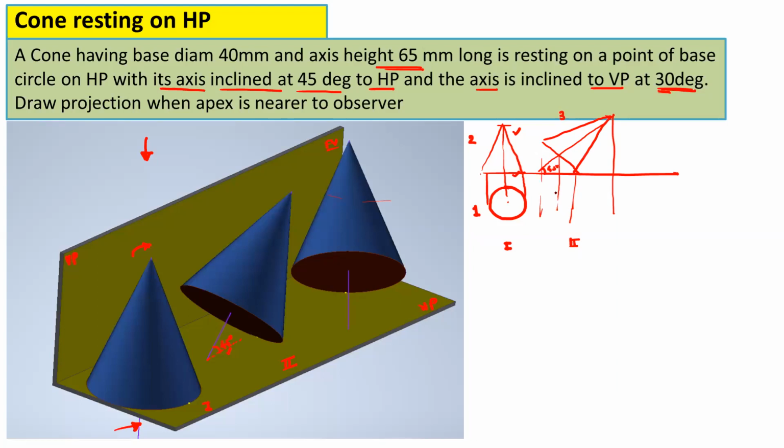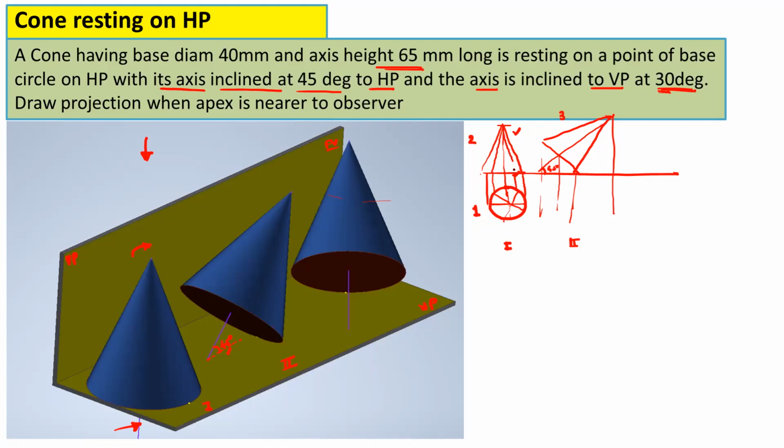So now in the second stage top view, we will not observe the circle, but instead of circle, we will observe one ellipse. So to find out the exact shape for that ellipse, we have to divide this circle into 8 or 12 equal parts. So you can divide this into 8 equal parts, so that we will get some extra points on the circumference of that circle, and then project these points in the front view, and you can draw the generators.